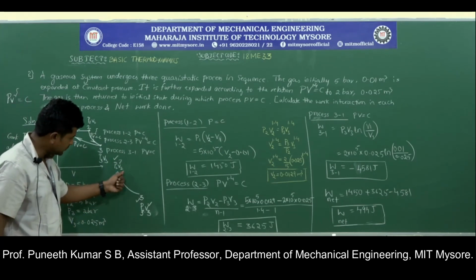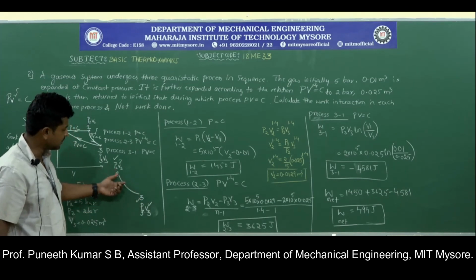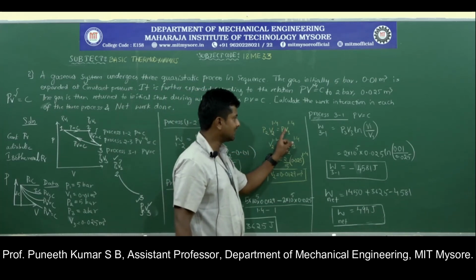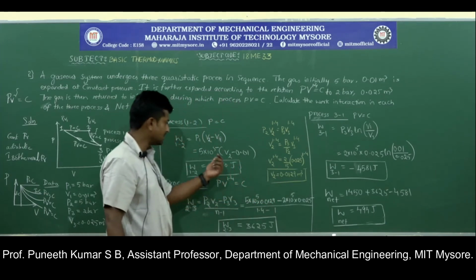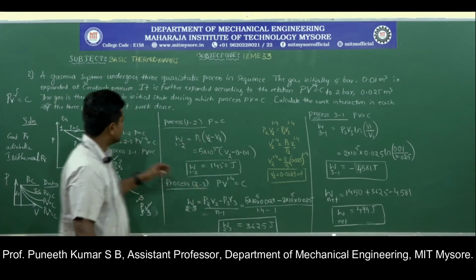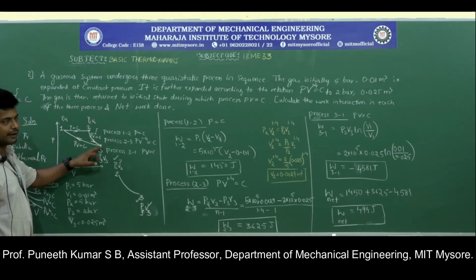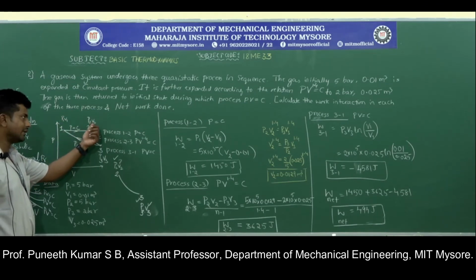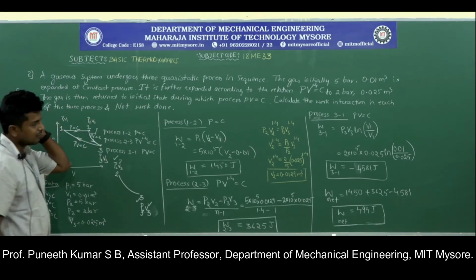So to find V2, I am using the process 2 relation, which is happening between 2 and 3, and then finding the value of V2, so that I can use it to find the work happening between 1 and 2. To find V2 I am making use of state point 3. Here there is no other facility to find V2, so I am taking the help of state point 3 to find the value of V2.